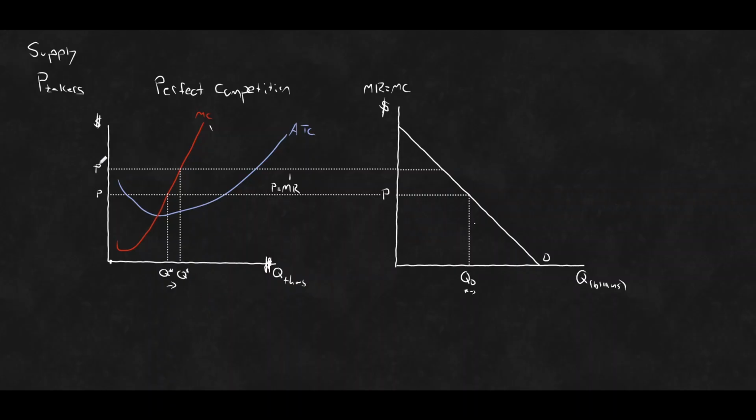So as prices go up, the quantity being supplied by this individual firm becomes higher and higher. As prices continue to rise, the quantity supplied continues to rise. Alternatively, if prices were to fall, similarly, falling prices,